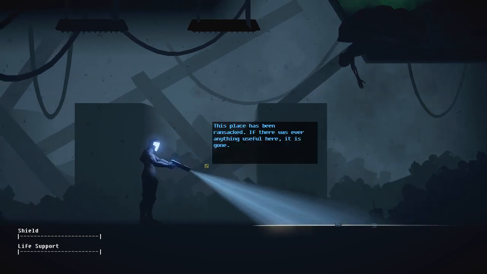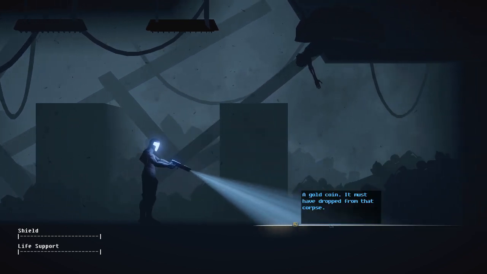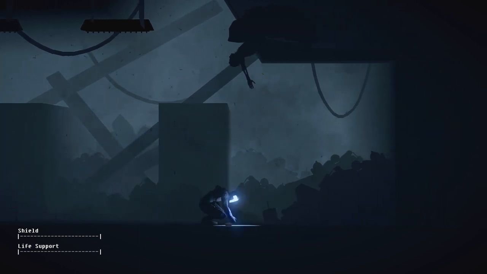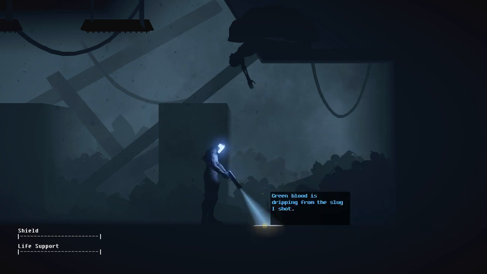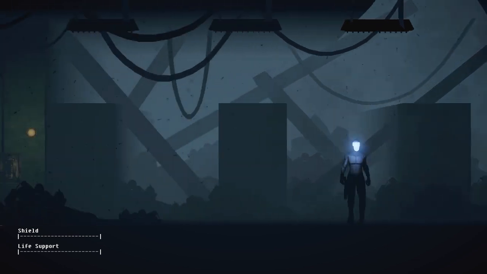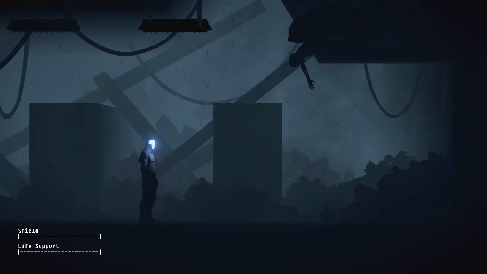Let's see, what do we have down here? Gold coin. It is pure gold. And green blood is dripping from the slug. Well, oops. We're gonna collect some of that in a jar. And we're gonna use that later to trigger the,